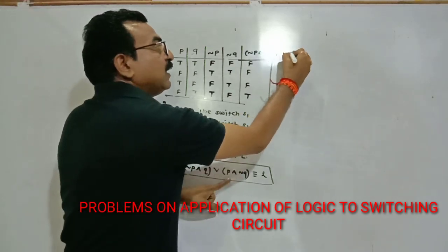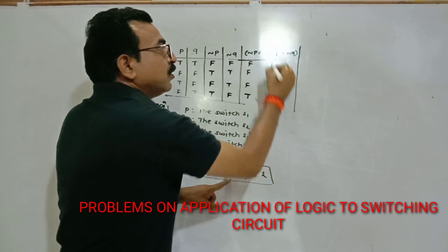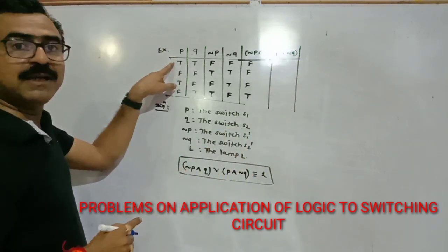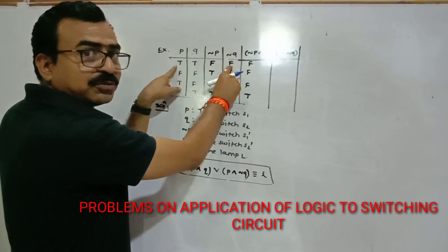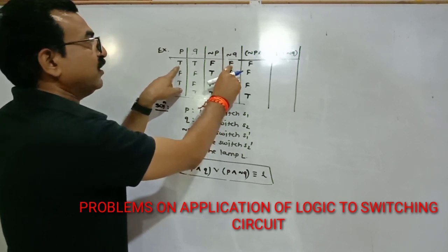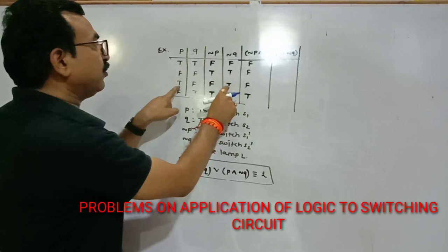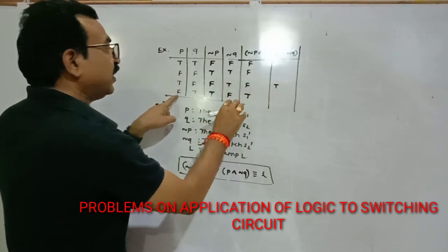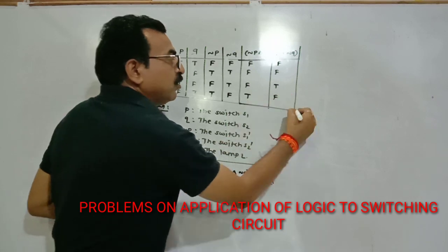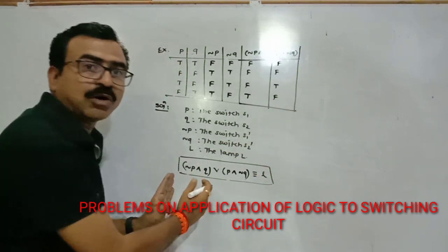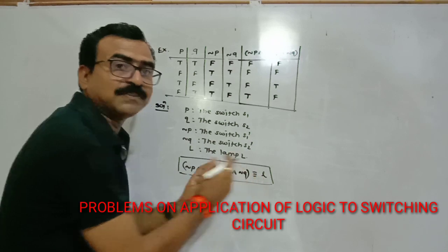P and negation Q. So P is available in our truth table. Negation Q is also available in our truth table. So find out its conjunction. TT, no, TT, no, TT, okay, write down T. TT, no, so write down F in the remaining places. So friends, in this way you can solve the first simple bracket and the second simple bracket.